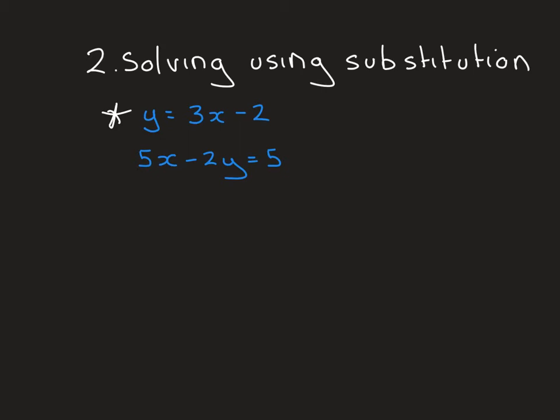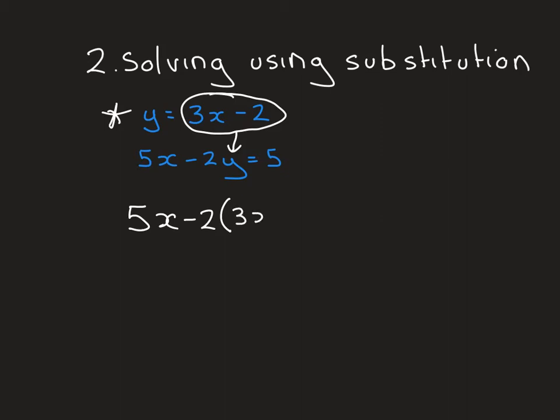So what we're doing when we're substituting is, all substitution means is we're substituting one equation into the other equation. So in this first equation here, it's saying y equals 3x take 2. So all we're going to do is put this 3x take 2 into the second equation instead of y, okay? Because the first equation tells us that y is equal to 3x take 2. So what we then get here, when we do that substitution, is we get 5x minus 2